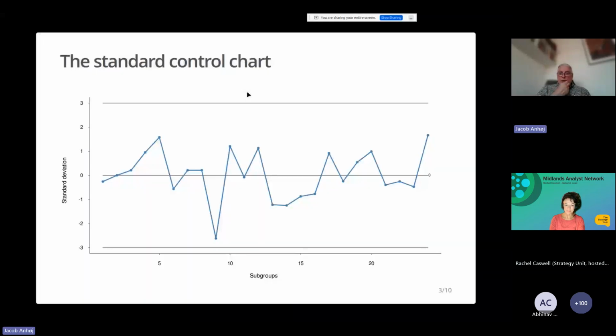As most of you know, this is the standard control chart. It's a plot of data over time. On the x-axis, you have the time, and each dot is a measurement or a count of something that you want to follow over time. There are 3 lines in the control chart. The center line